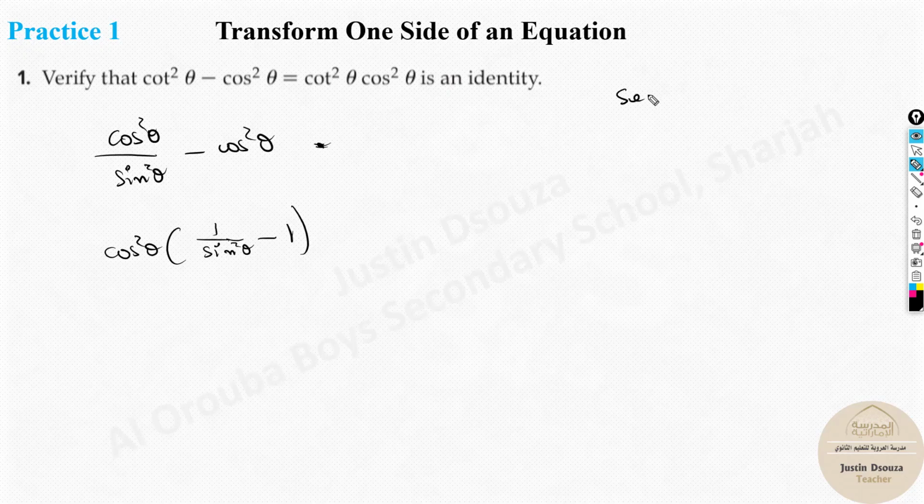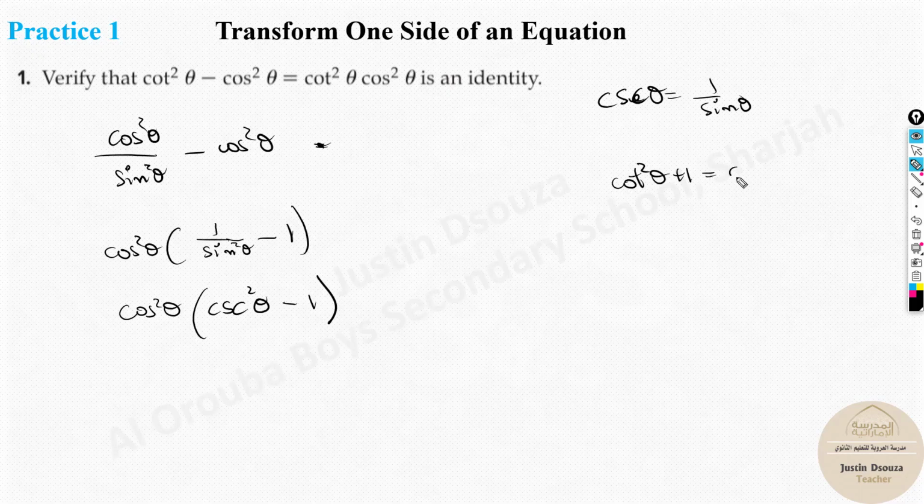We know cosecant, CSC, is 1 by sine of the angle theta. So what we do is cos square theta remains. This will become cosecant square theta minus 1, because it's 1 by sine square minus 1. Now from the Pythagorean identity for cosecant and cot, we know it is cot square theta plus 1 equals cosecant square